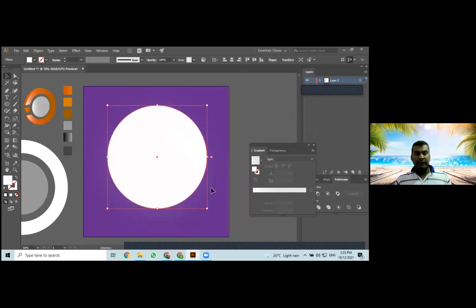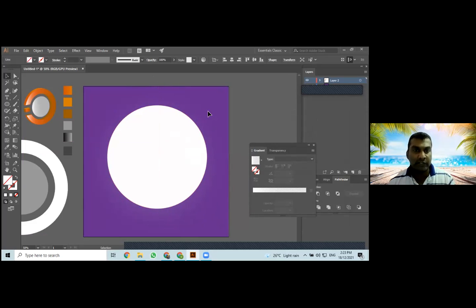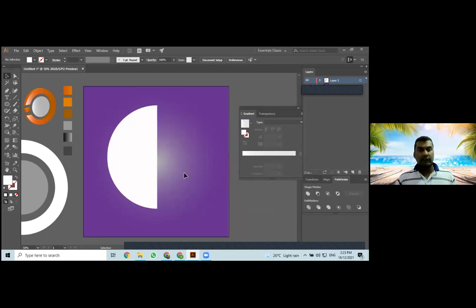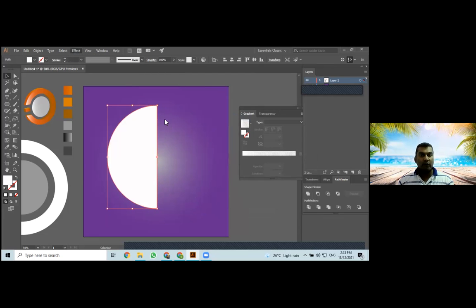If you want to create a sphere, this is what we have to do. Generally, we have to split into two sections. As usual, you can use your pathfinder to divide. Then I'm just going to group. If I remove this, I only have half of the circle. Now if I go to the 3D and click on revolve,